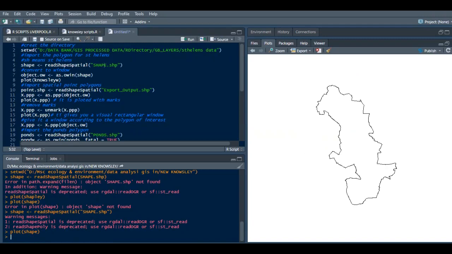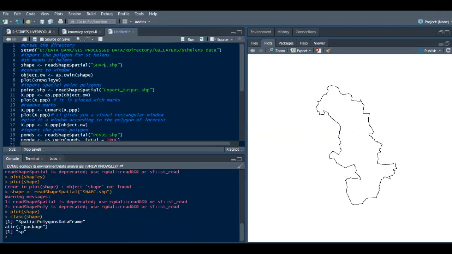Spatstat package has what we call classes. It has a function called class which you can use to inspect an object. If I inspect what I put in here and say class into shape, it tells you that this is an SP object. That means it is not recognized by Spatstat, but it's recognized by the map2 package. So what we're going to do is convert it to